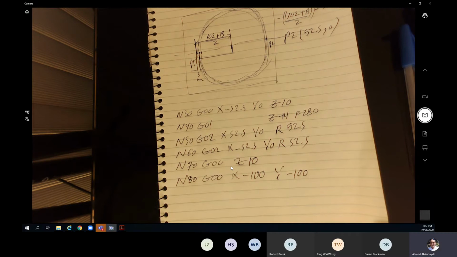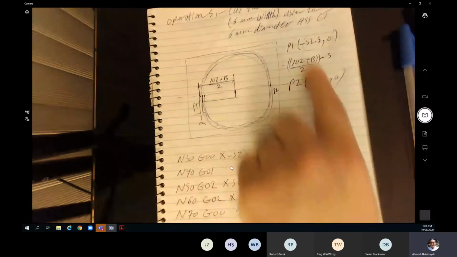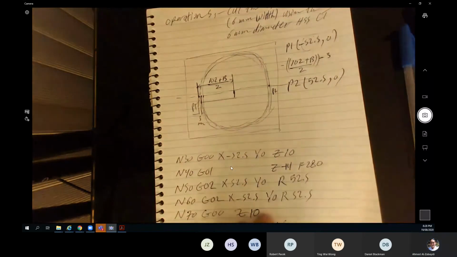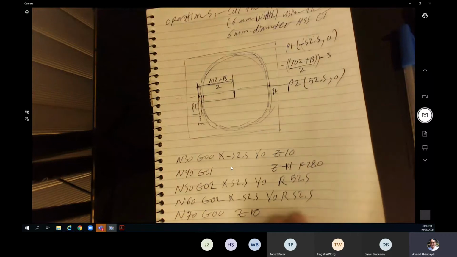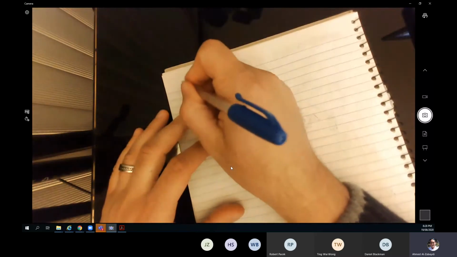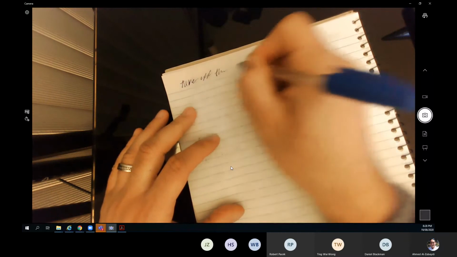Okay, so now the last operation is cutting the hexagonal shape. To make your life easier, I don't want you to remove the material and achieve the hexagonal shape. I'm only going to ask you to do the profile cutting for the last dimension of the hexagonal shape. Of course, we don't have anything to do with setup number 2. So now take off the part